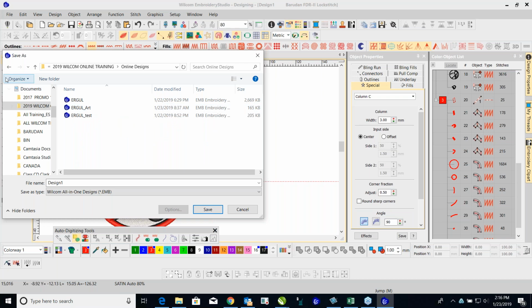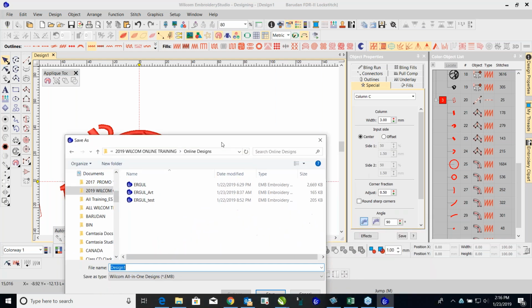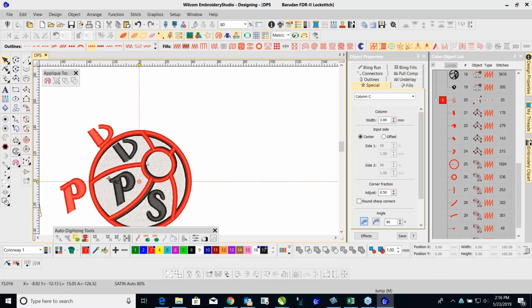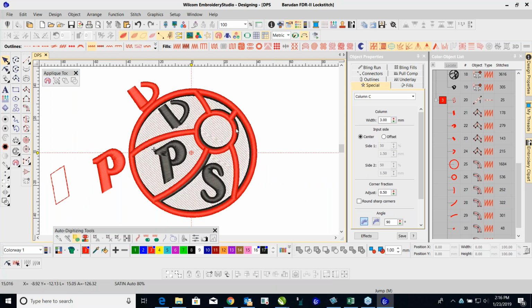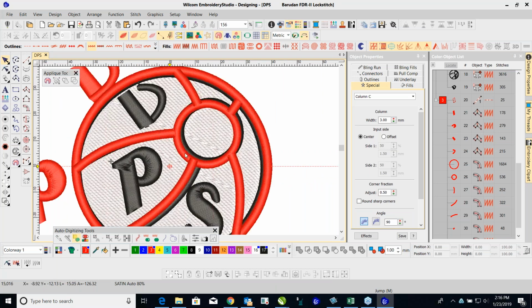Here, and I'll name this one. I think it's a DPS. And I'm going to save this as the EMB. Save. Okay, so now, the areas here that I've gone in and made the adjustments with here,